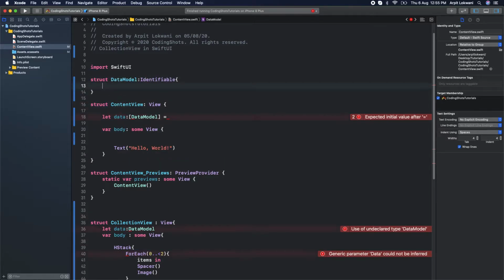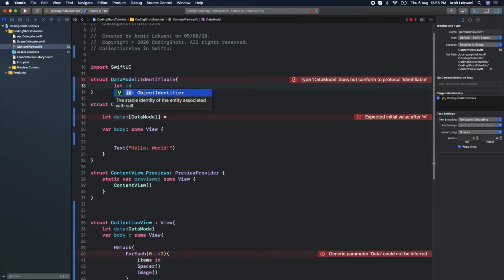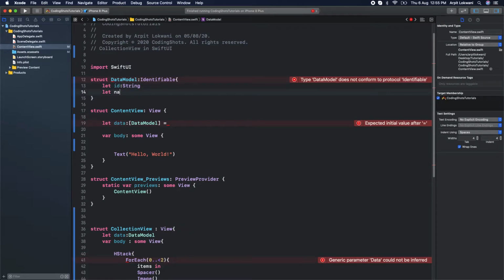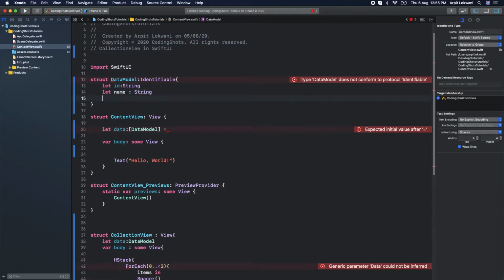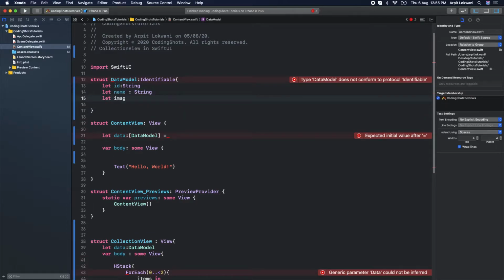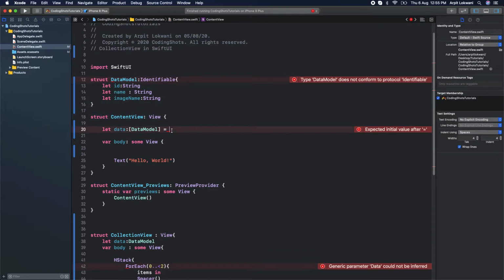And why are we using this protocol? Because for unique IDs, actually in the list view tutorial I told you what is the use of this and why we need this. So we need one ID. First, for this you should know how to create the list view, should be of string. Okay, and name also, sorry, let name should be of string, and we can say image also, fine, should be of string. Looks cool. So I created one model and I will assign the values.